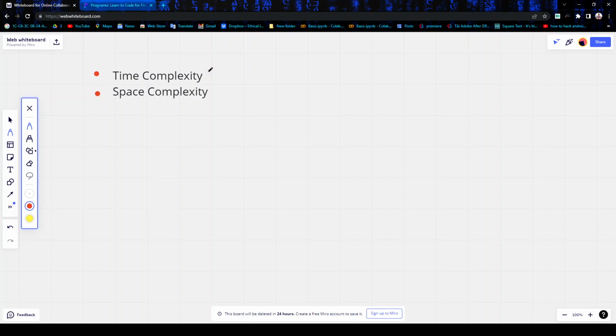Okay, for example, if we have an algorithm or a code that is taking, let's say, 15 seconds to run completely, then it has more time complexity. And if the same functionality is achieved by some other code that completes in 5 seconds and does the same work, then that particular code will be preferred